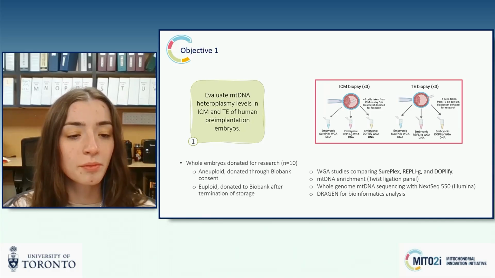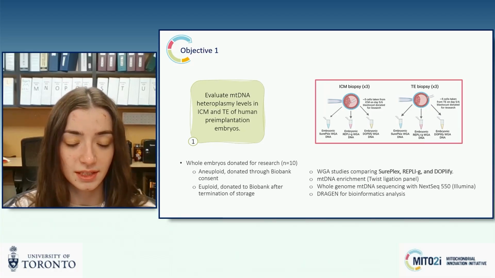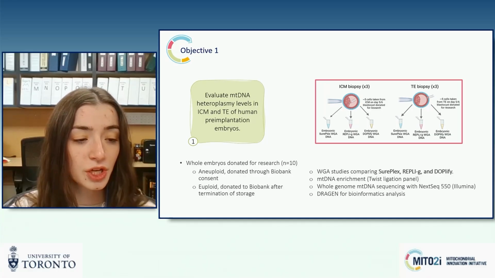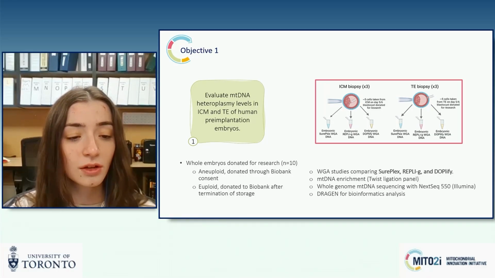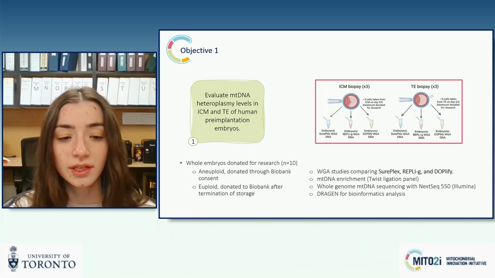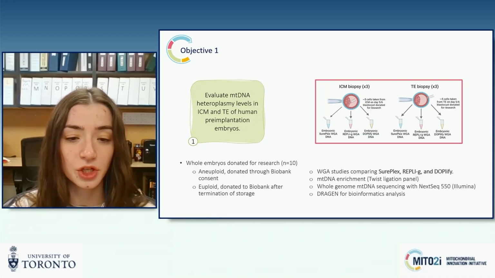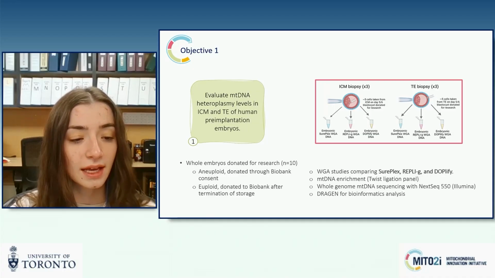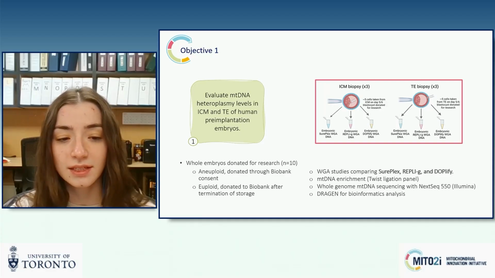I will also be comparing 3 different amplification systems, SurePlex, Repligy, and Dopplerify, and test which produces the least technical bias while also achieving the highest DNA yield. I will perform mitochondrial DNA enrichment using the twist ligation panel, sequence using NextSeq 550, and analyze the data using